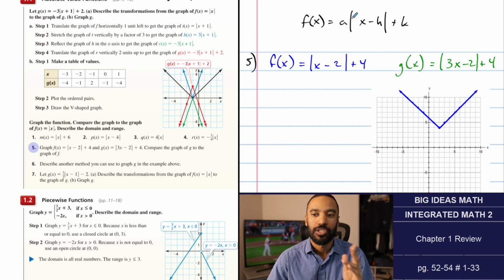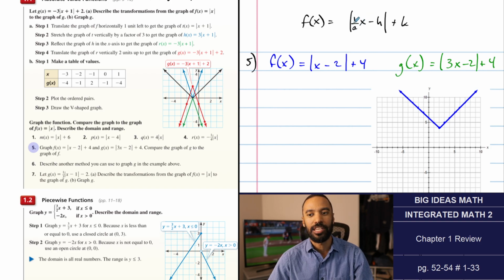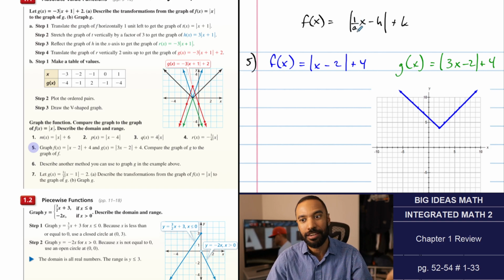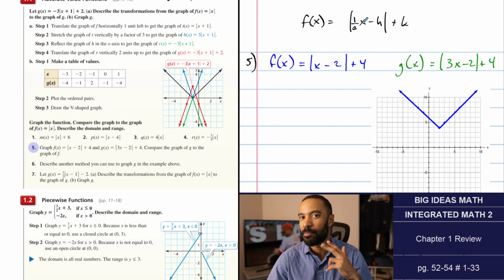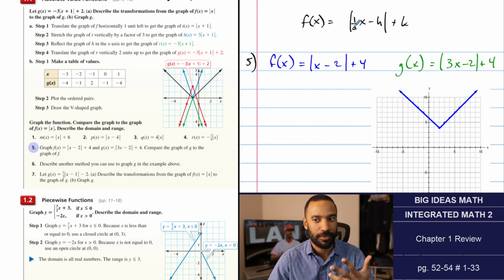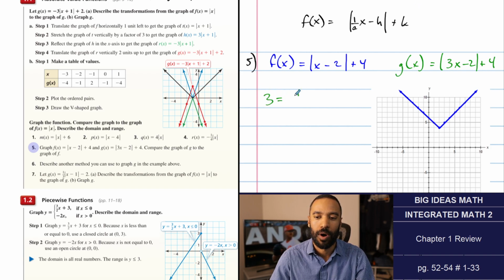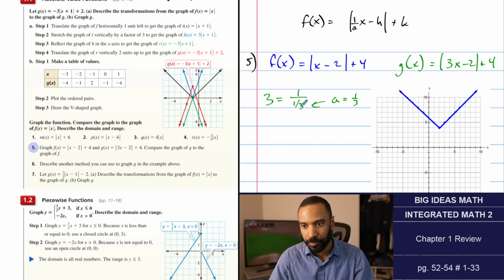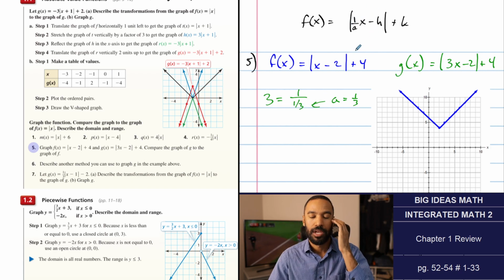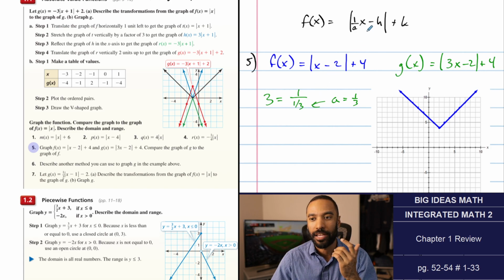So it's the opposite. So instead of referring to a on the outside, if you had some 1 over a on the inside, which is what the book says in IM3, then these are horizontal stretches and compressions. But it's inverted, because you need to make x a times larger to offset something out here to make it smaller. My point is, when you see this 3, it is also 1 over 1/3. That means the a value is 1/3, as far as 1 over a goes, but it also refers to the fact that you are not stretching this thing 3 times, you are compressing it 3 times